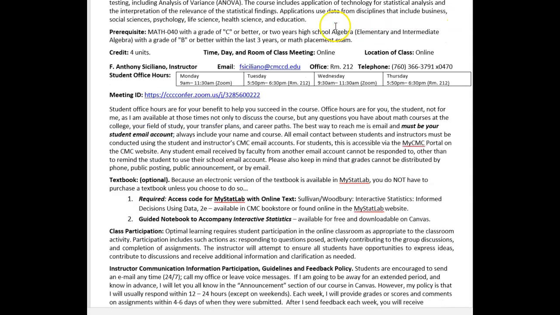When you want to log in on Zoom, you just need to click on this link. It's also on Canvas, and it'll direct you right to Zoom for my student office hours. Now, student office hours are for your benefit to help you succeed in the course. Office hours are for you, the student, not for me, as I am available at those times not only to discuss the course, but any questions you have about math courses at the college,